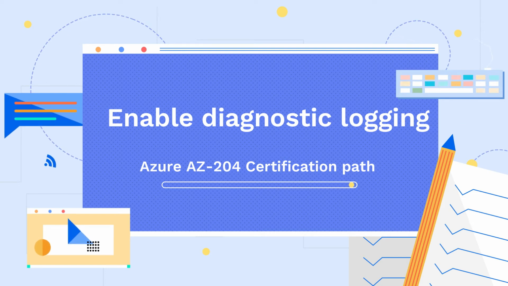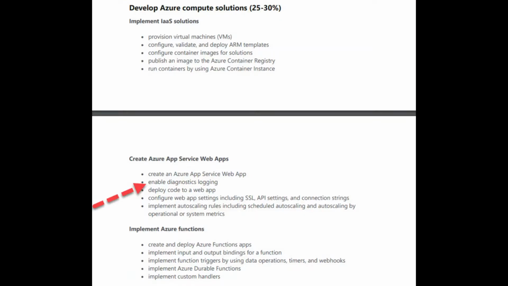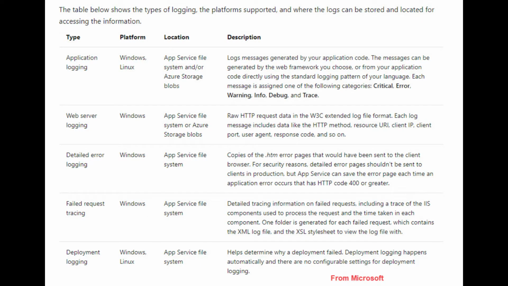In this video, we are going to see how to enable diagnostic logging and add instrumentation to your application, as well as how to access the information logged by Azure. This is one of the topics for AZ-204 under Enable Diagnostic Logging. Come, let's see how the built-in diagnostics help us with debugging an application hosted in the App Service